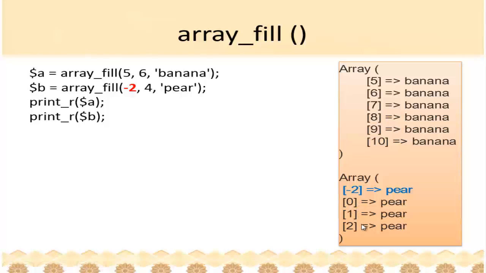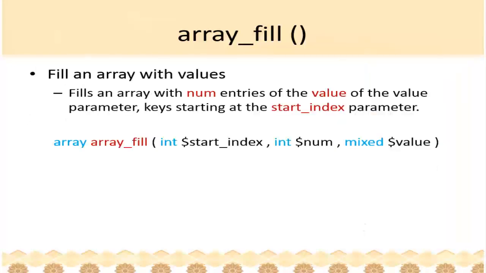Okay, this is used to fill. Now, one thing that you'll notice is they say that the data type is mixed. What's the meaning of saying mixed? I never discussed anything about mixed. Mixed means any data type. It could be array, it could be string, it could be float, it could be anything. When they say int, it just means it must be an integer number. It cannot be a float, it cannot be a boolean or anything. This could be anything, the value could be anything. It could be an array by itself, it could be